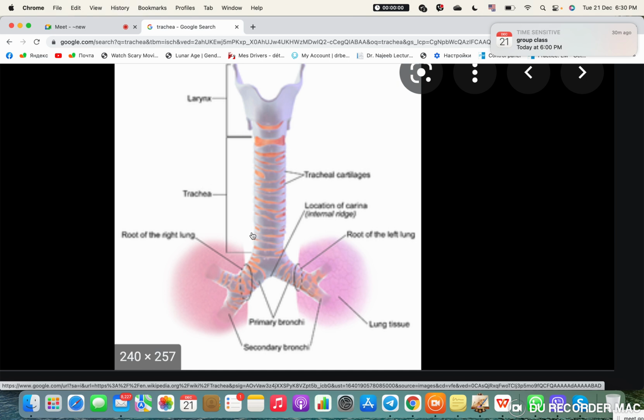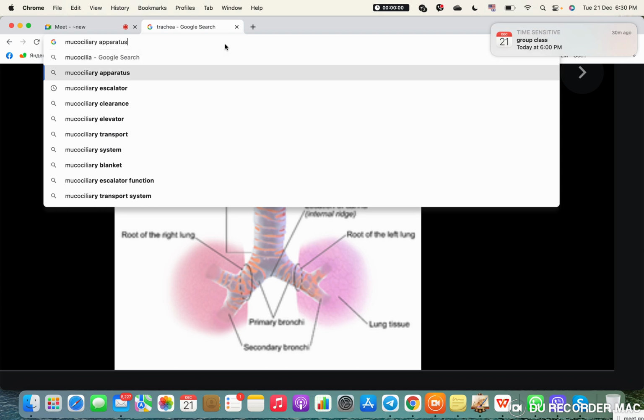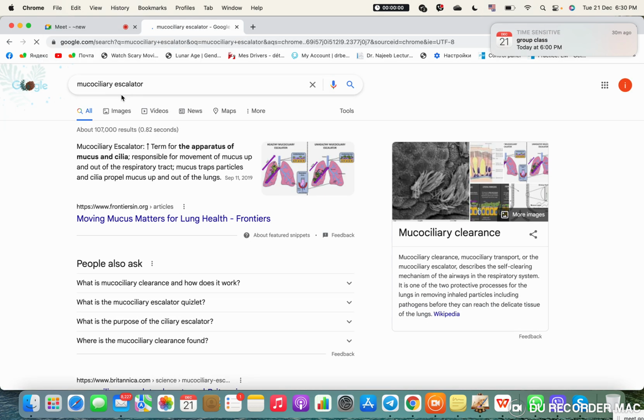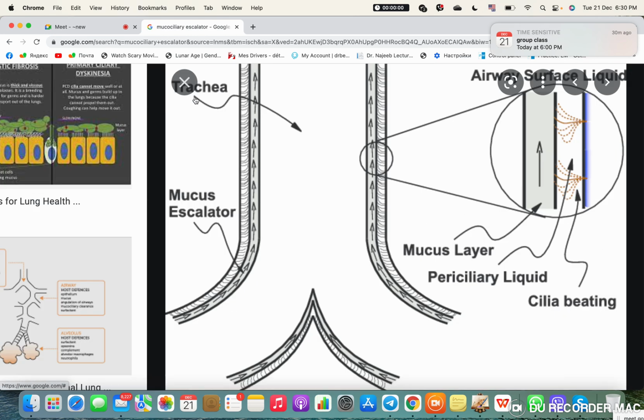Okay, this columnar epithelium also has cilia on it, which contribute to something called the mucociliary escalator or apparatus. The idea is that inside of the trachea there is a mucus layer and little hairs, as you can see. The bacteria will be stuck in this mucus,